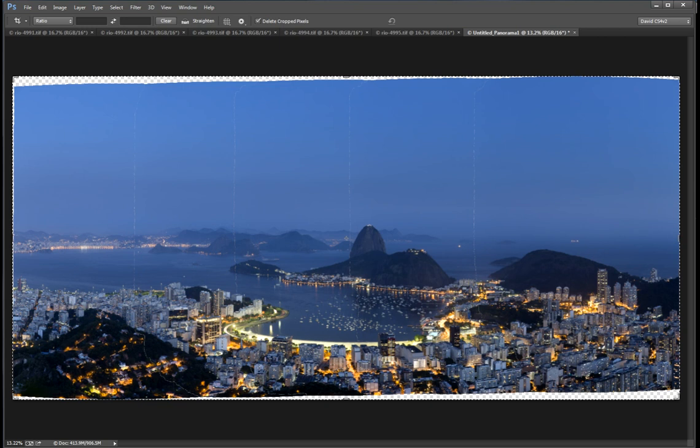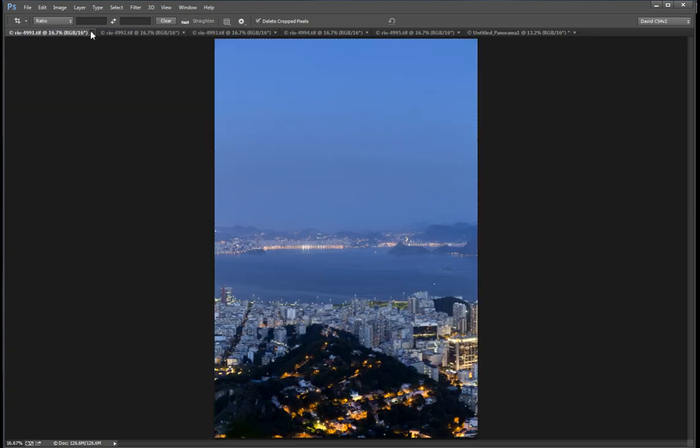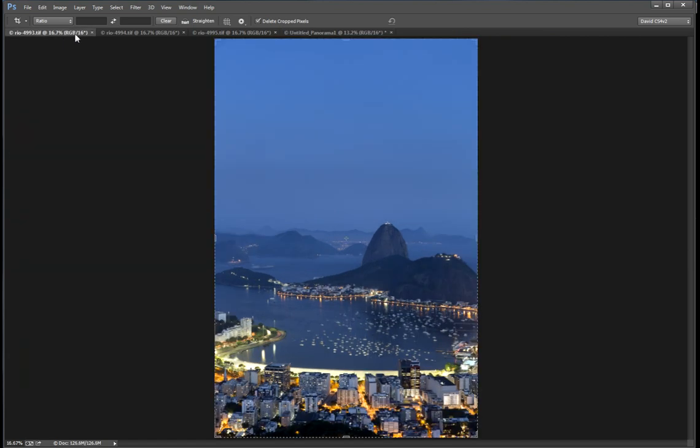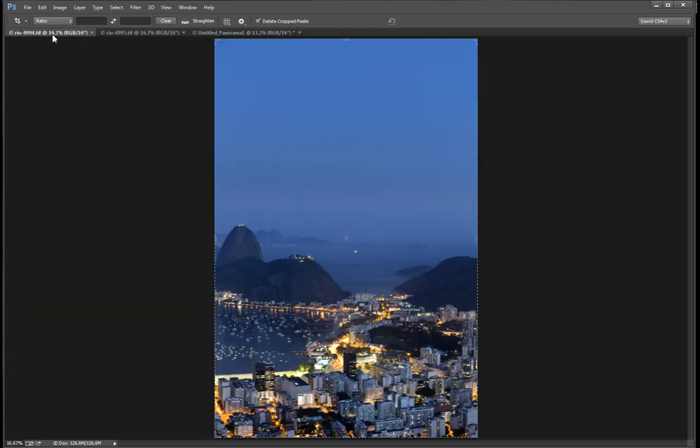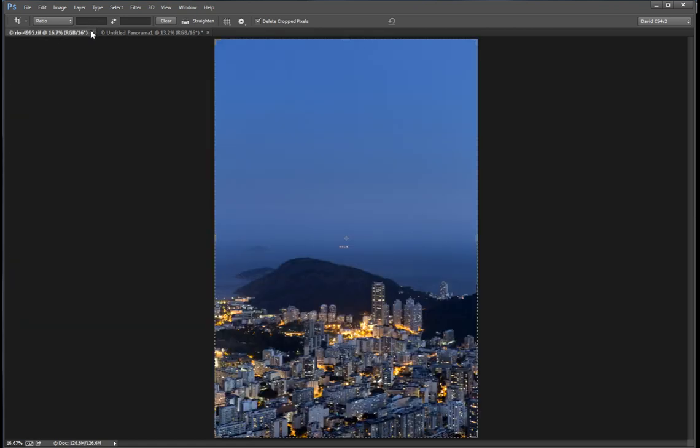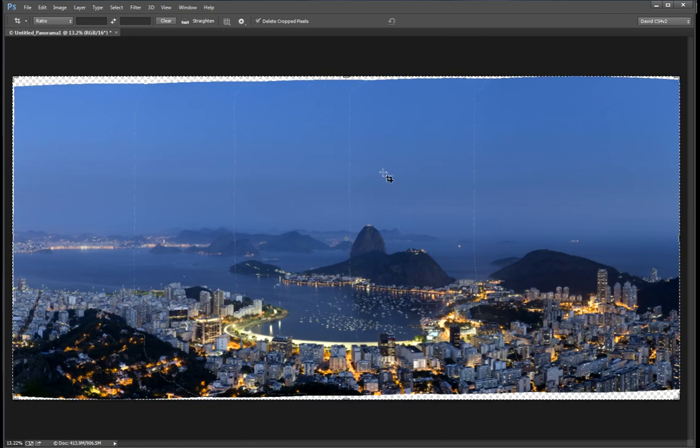So what now, if we're happy with all of this, which I am, what I do is first of all give my computer a bit of a break. It's been working hard, it needs a coffee break. We can close down the individual images which we've stitched together. We're finished with them now. Just leaving the panorama there. And at this stage I would go to layer, flatten the image,